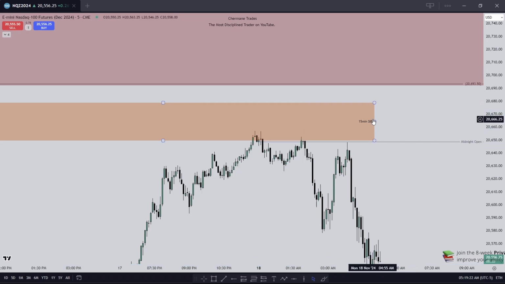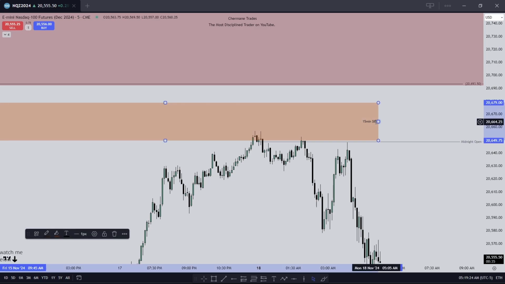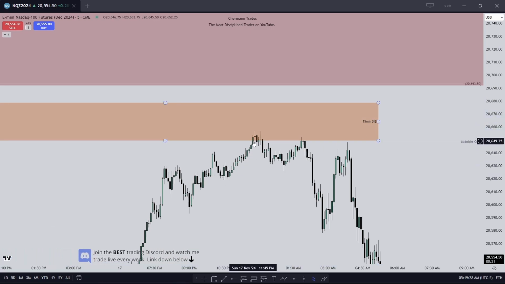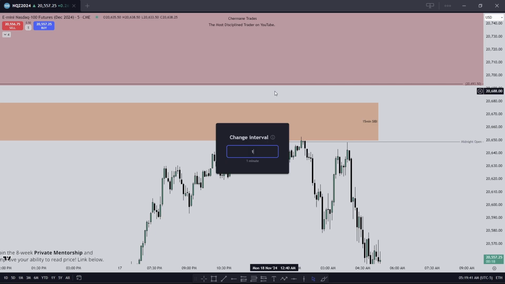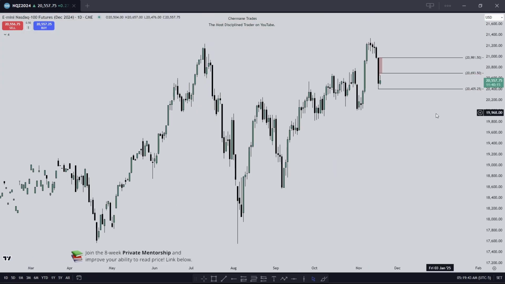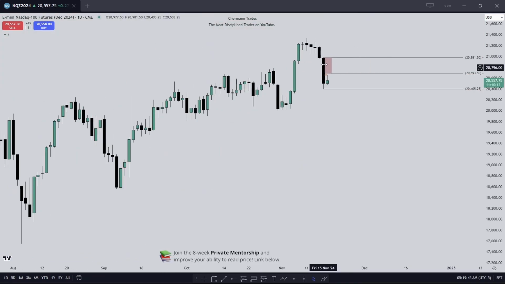All right, so this is that 15-minute fair value gap, that SIBI, sell side imbalance, buy side inefficiency. We trade into it here. As soon as we tap that fair value gap, I'm looking for a reaction going lower, because remember, right above that inefficiency is our balanced price range on the 15-minute chart. And if we were to trade above this fair value gap, we're entering the upper half of this daily candle here, which is what we don't want. We want to stay in the lower half.